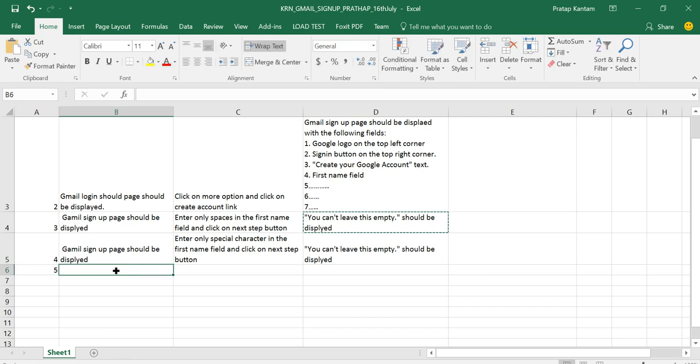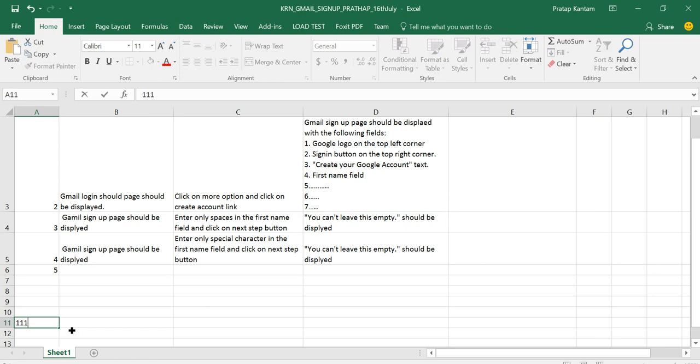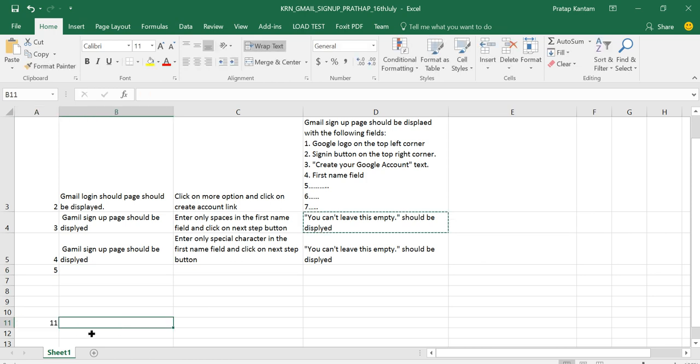Enter only numerics. Then enter only spaces and special characters, and enter only numerics and special characters. You can do a lot of combinations there. Try to give all the negative validations and test it, and finally give one positive validation. Okay, after doing all these things, you will end up with some 10th or 11th test case. Next, what you want to do,